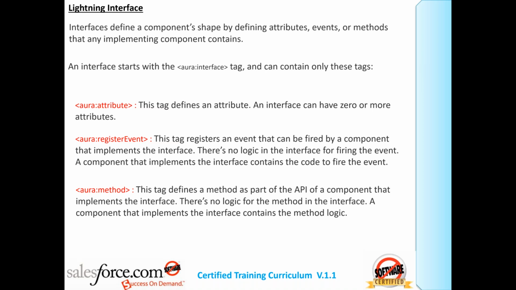These types of features are done using what? Lightning interface. Those who are taking notes, please take a note. Lightning interface defines a component, shape, or structure